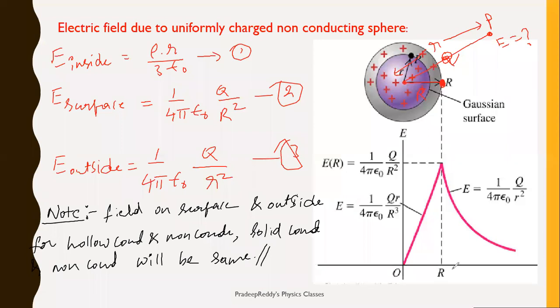So that means outside this capital R value, field outside, you will get a graph the same as the one we have seen in the previous example. From the center it increases, and at this point its value is 1 by 4 pi epsilon naught Q by R square. And outside what is happening? It is inversely proportional to r square. Therefore, again you will get a graph which is inversely proportional to r square. So this will be the graph which you get. And after a long distance, r tends to a very large value, so that E tends to 0.